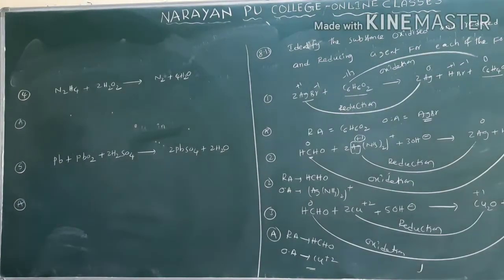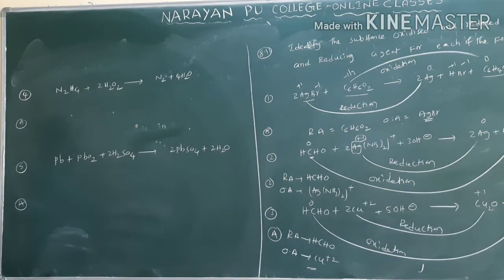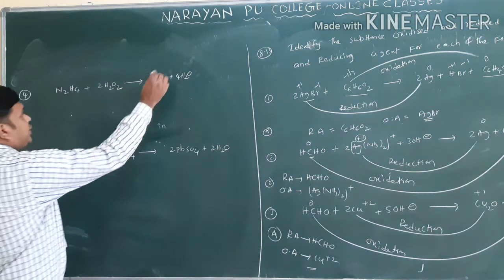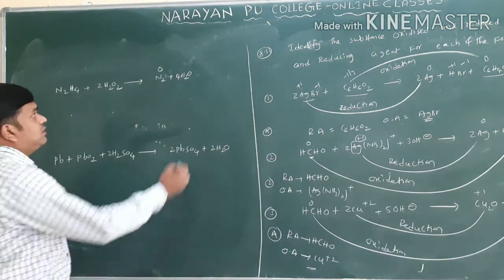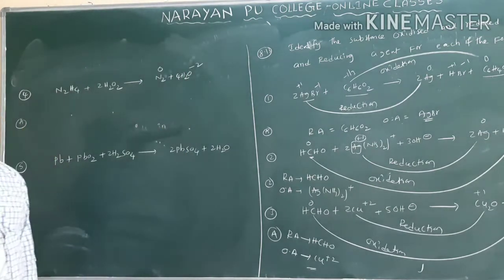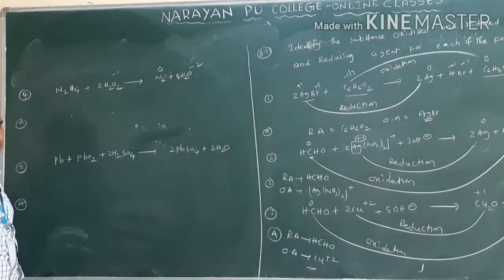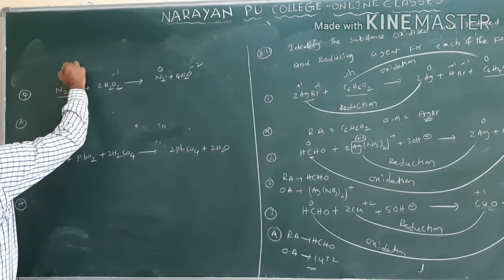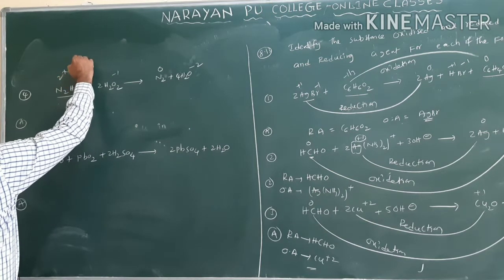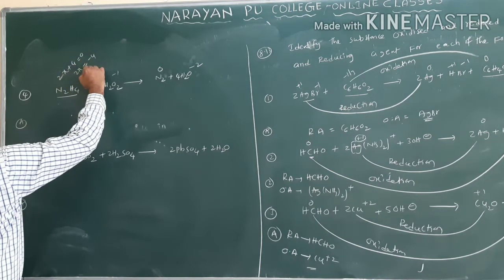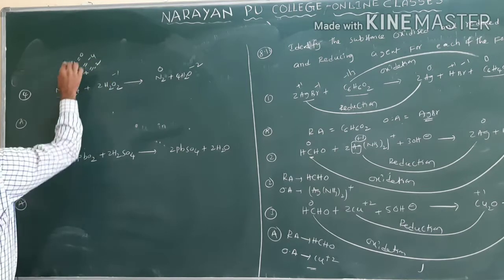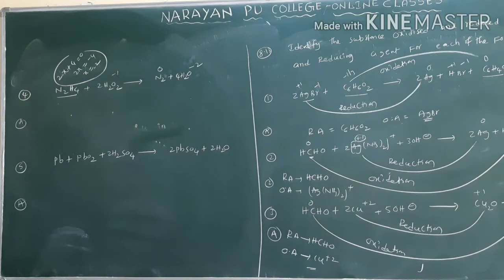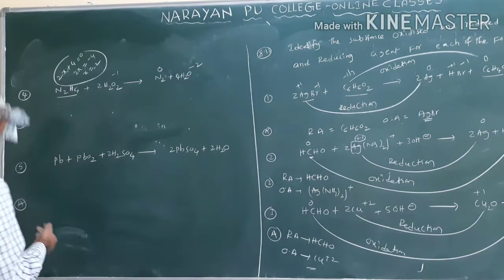See this example, we have the fourth example. N2H4 plus 2H2O2 gives rise to N2 plus 4H2O. N2H4 you are calling as hydrazine only. So on reaction with hydrogen peroxide, it will produce N2 and water. N2 means pure form, it is 0. Here in water the oxidation state of oxygen is minus 2. Here in peroxide oxygen is what? Minus 1 only. Here N2H4 we'll write: 2x plus 4 is equal to 0, 2x equal to minus 4, x equal to minus 2 only. So what is the oxidation state of nitrogen in N2H4? Minus 2 you got.